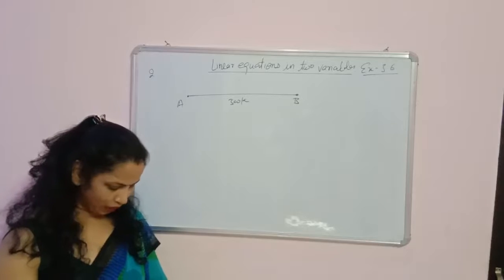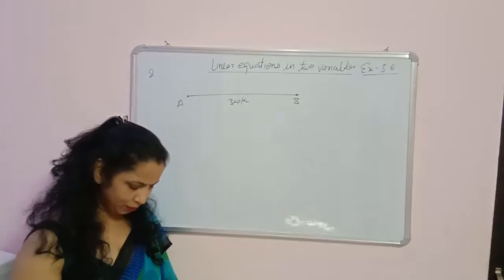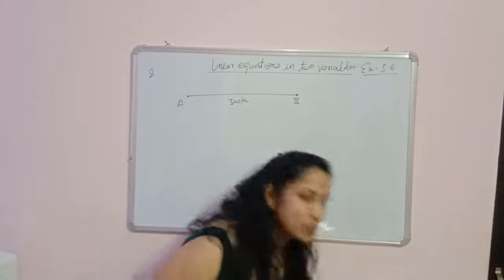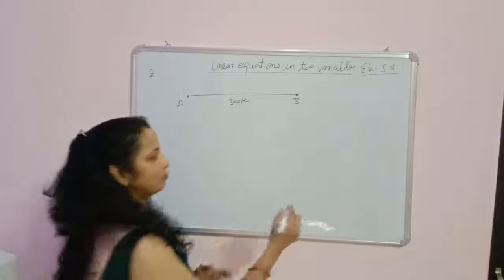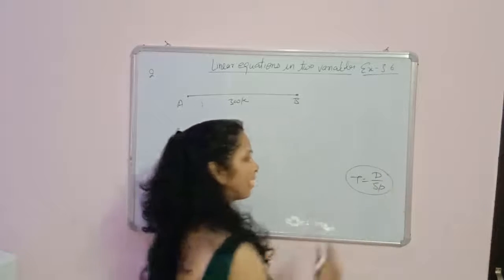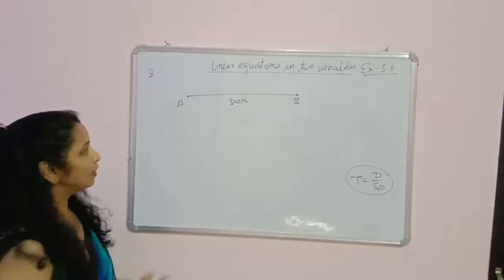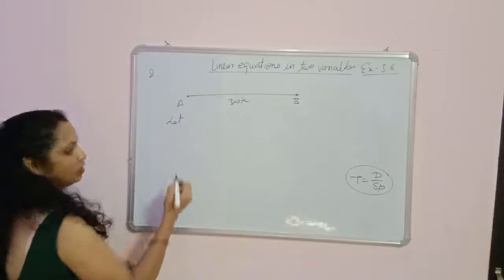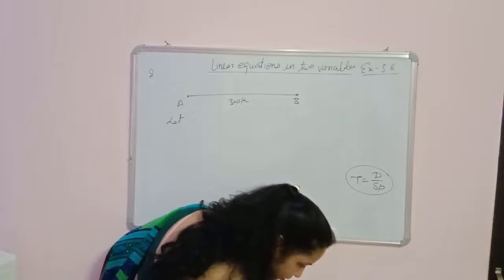She takes 4 hours if she travels 60 km by train and remaining by the bus. So in these type of questions, it becomes easy if we take the formula time is equal to distance upon speed. In these type of questions, we actually find the time. So let the speed of the bus. Initially it was train. Yes. So